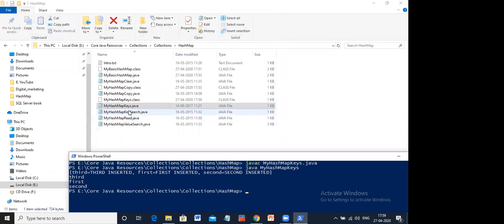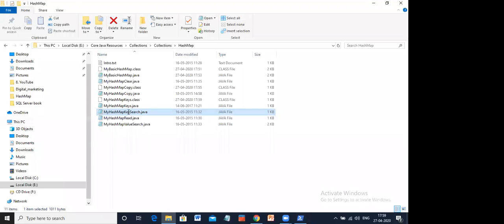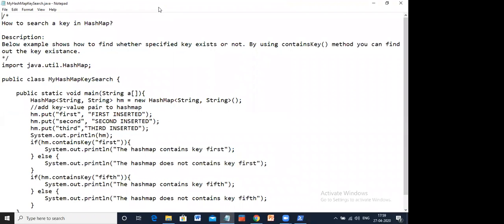Now there is this example, key search. Somebody tells you to find whether a particular key exists or not. Like for example, you go and search your contact list for a particular number or a particular name. If it exists, it will display, or else there will be no record found, no contact.